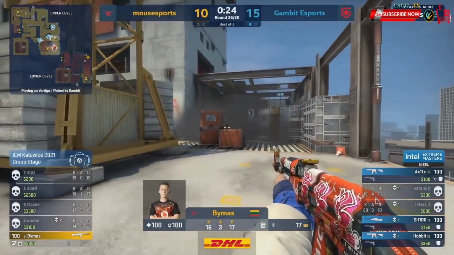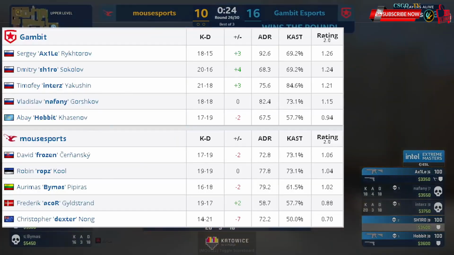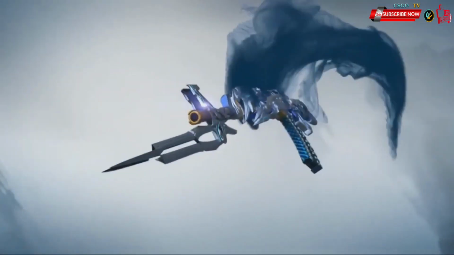Bemis trying to do what he may, trying to find the space, but he'll be dropped by Shiro, and that's it. 16-10. Gambit advance on Mousesports. Condolences, but you are out of IEM Katowice. We are going to